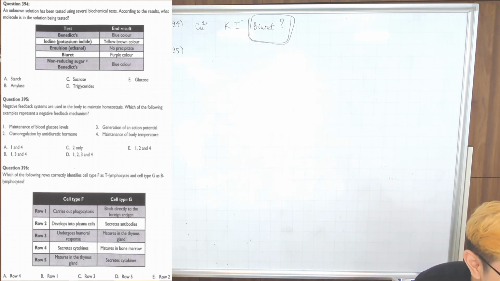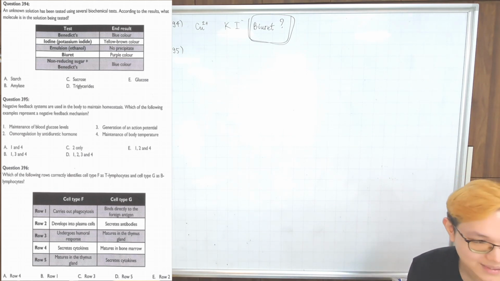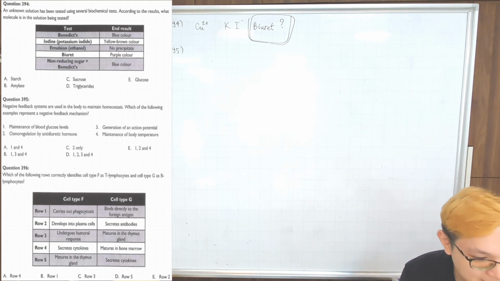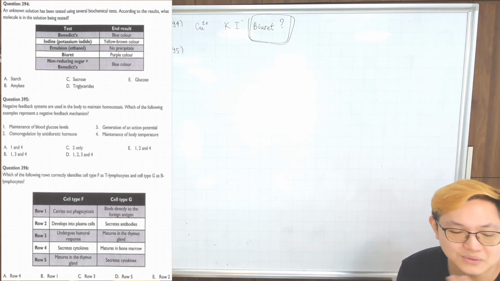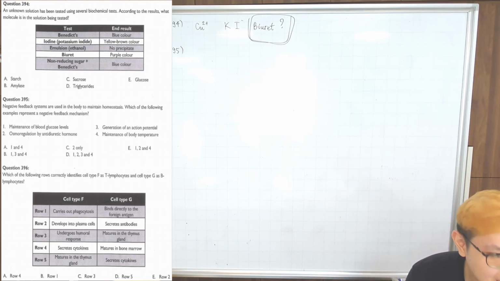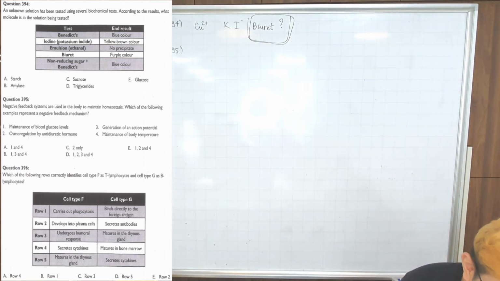Tuyến gì? Tuyến gì dưới cái dạ dày? What's the English word of tuyến tụy? Pancreas. Chính xác là tế bào nào? What cell in particular? Insulin is produced by what cell in the pancreas? Alpha or beta? Beta. Glucagon is produced by alpha cell of the pancreas. Very good. So number 1 is correct. Number 2,